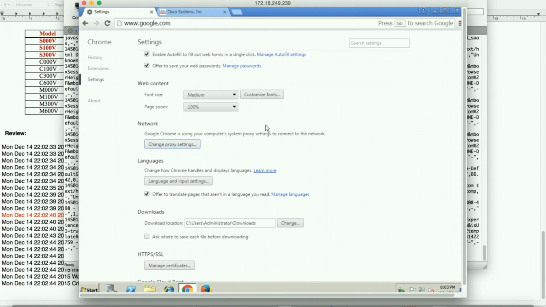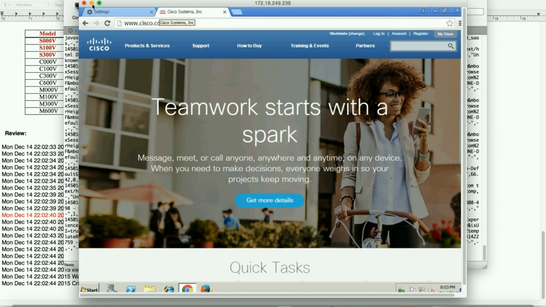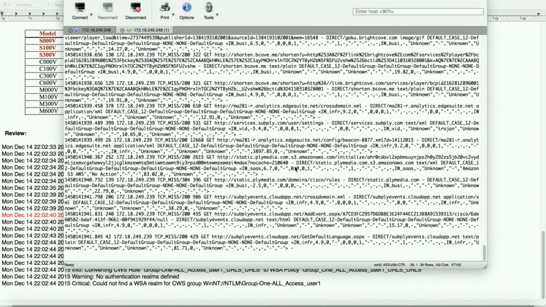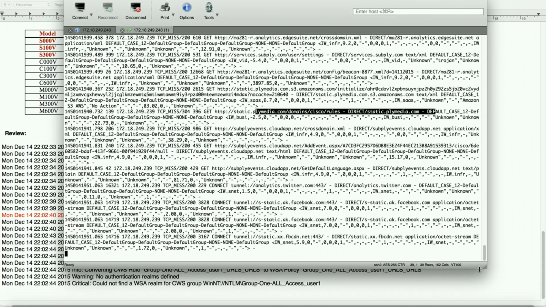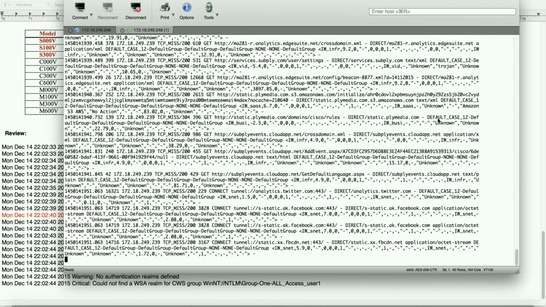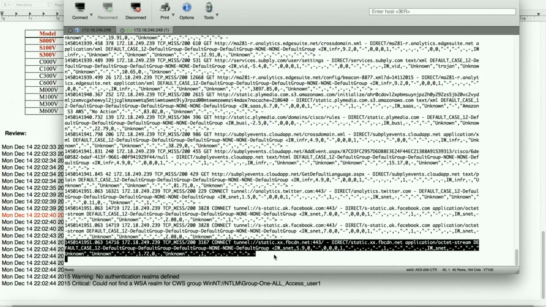Yeah, and that's where we're seeing some of the detail coming up here. So as you see currently, since this is just the default policy hitting and we do not have authentication enabled, there's no AD realm configured, but all the access log piece is pretty much the same,